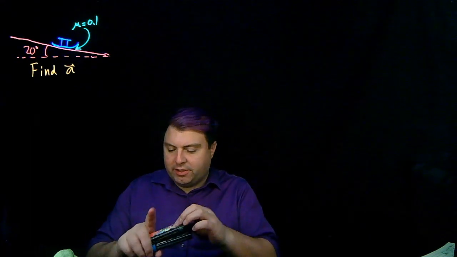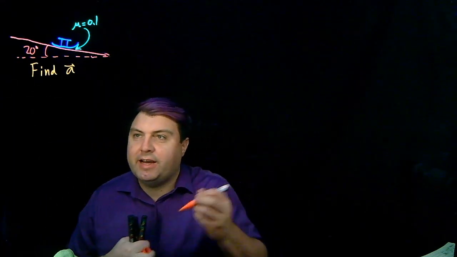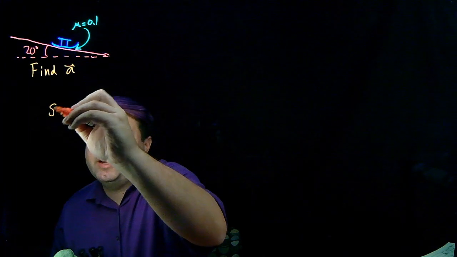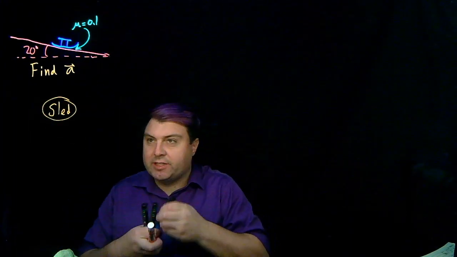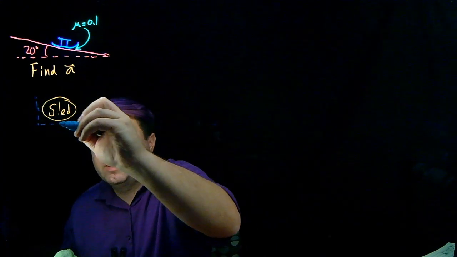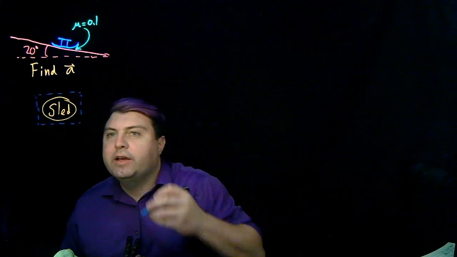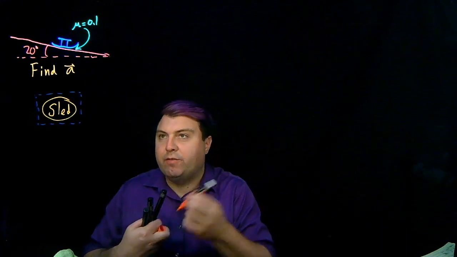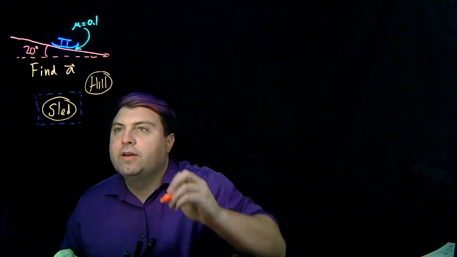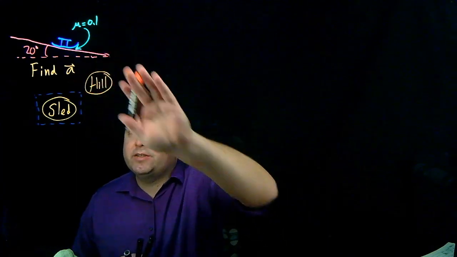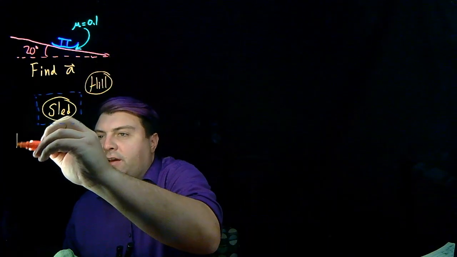So we can start this out with a great sketch like we just have, and we can use that sketch to help us draw an interaction diagram. We have our sled, and we want our sled to be our system. And we want to know what's in contact with our sled. Well, the hill or the incline itself, and then nothing else in our sketch. There is a non-contact force